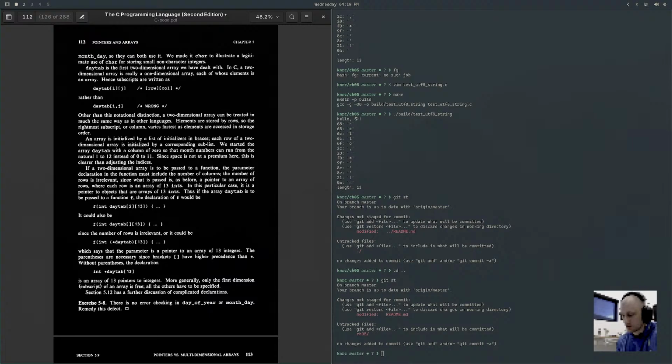If a two-dimensional array is to be passed to a function, the parameter declaration in the function must include the number of columns. The number of rows is irrelevant since what is passed is, as before, a pointer to an array of rows, where each row is an array of 13 ints. In this particular case, it is a pointer to objects that are arrays of 13 ints. Thus, if the array daytab is to be passed to a function f, the declaration of f would be int daytab[2][13]. It could also be int daytab[][13], since the number of rows is irrelevant, or it could be